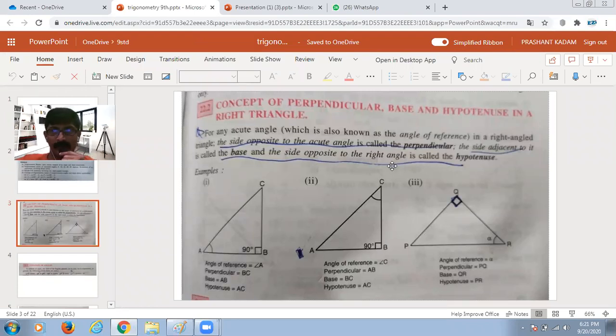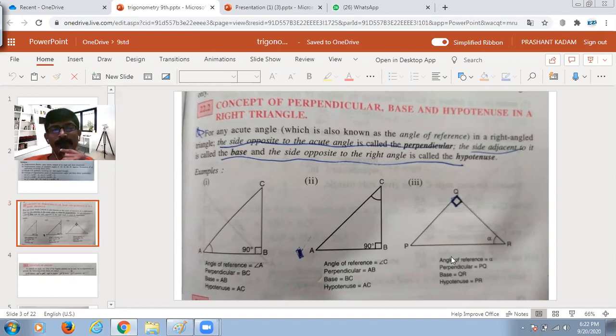One second, I'll try and write something so that you'll understand this. Okay. And over here, if you'll see, this is angle R. Now, angle R is our reference angle. So, which would be opposite side? Very good. PQ would be opposite side. Which would be adjacent side with respect to R? RQ would be adjacent side. And what would this be? PR is called as? PR is called hypotenuse. I hope you have understood.